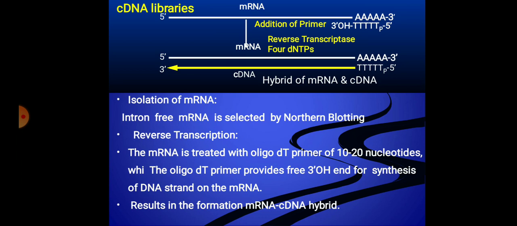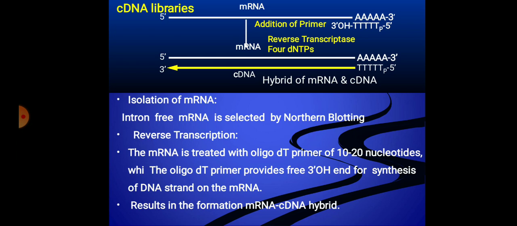After the isolation of mRNA, which is usually done by northern blotting, the mRNA is eluted by addition of oligo T nucleotides at the 3' end of the mRNA. The thymidine nucleotides are complementary to the adenine-containing nucleotides. This addition of primer at the 3' end of the mRNA provides a free 3' OH end for the reverse